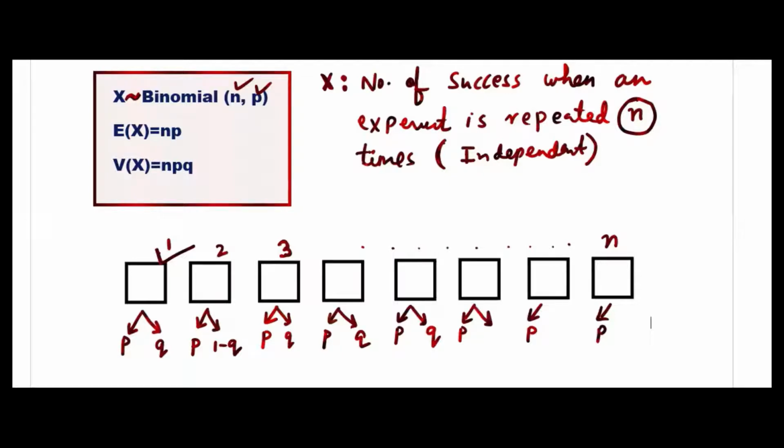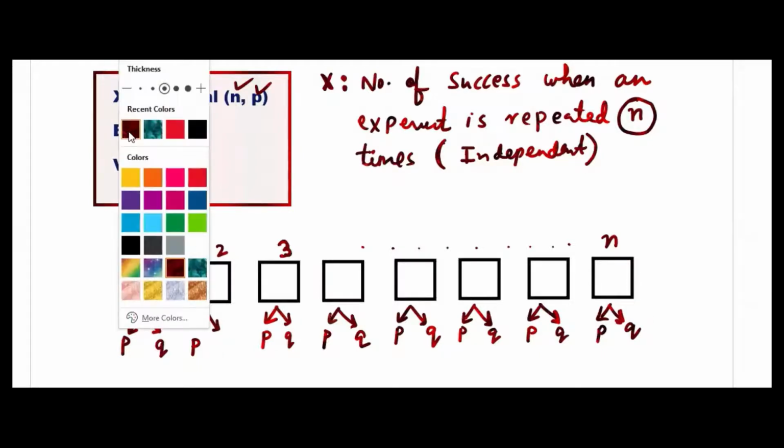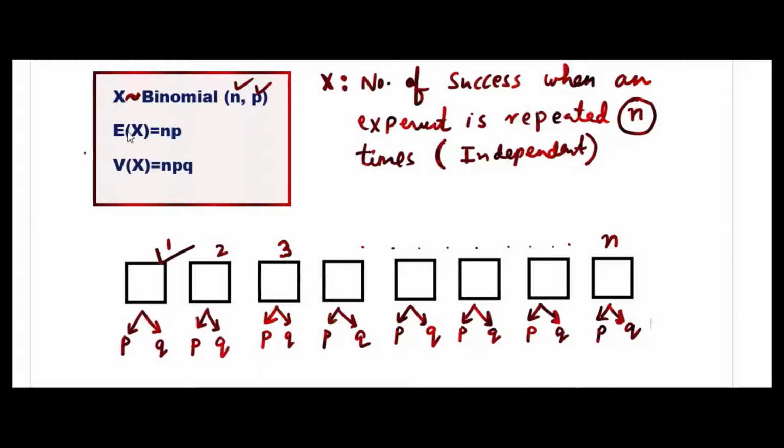Suppose I throw a stone, either it will strike or it will not strike. These are the 2 options. If I appear in an exam, either I will pass or I will fail. If I appear in an interview, either I will get selected or not. If I go outside, either it will be raining or not. Tomorrow either there will be a class or no class. These are the 2 options. If one probability is P, suppose 70%, the other one will be 30%. So P plus Q will be 1.